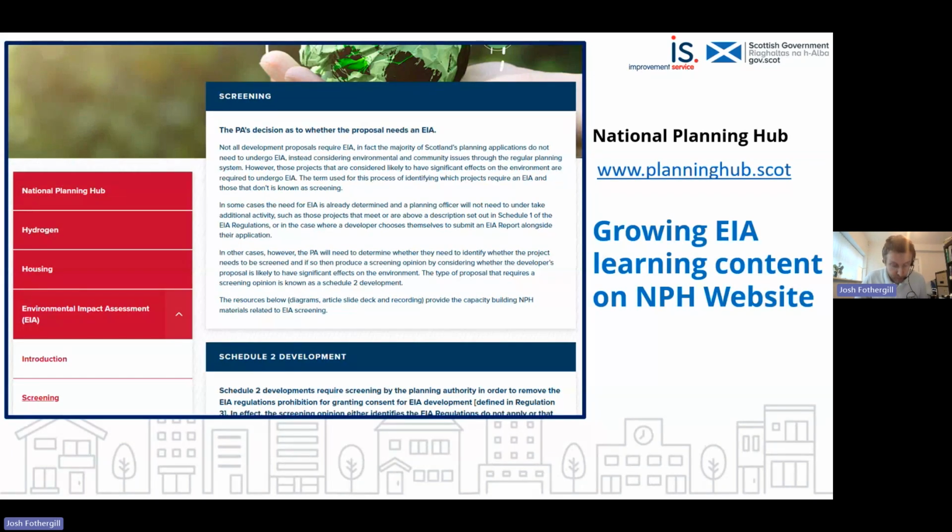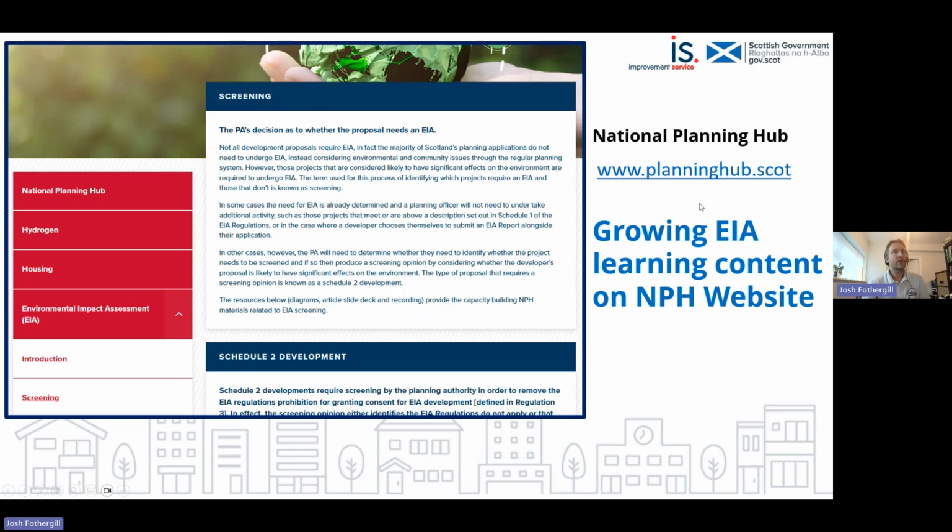So the National Planning Hub, it's based in and led by the Scottish Government, and that's in partnership with the Improvement Service. And the hub has effectively been tasked with providing direct support to you as planning authorities to help you accelerate decision making. And one of the challenge areas that was identified was judgments around significance for environmental issues and the environmental impact assessment EIA process. So you can see the link there,